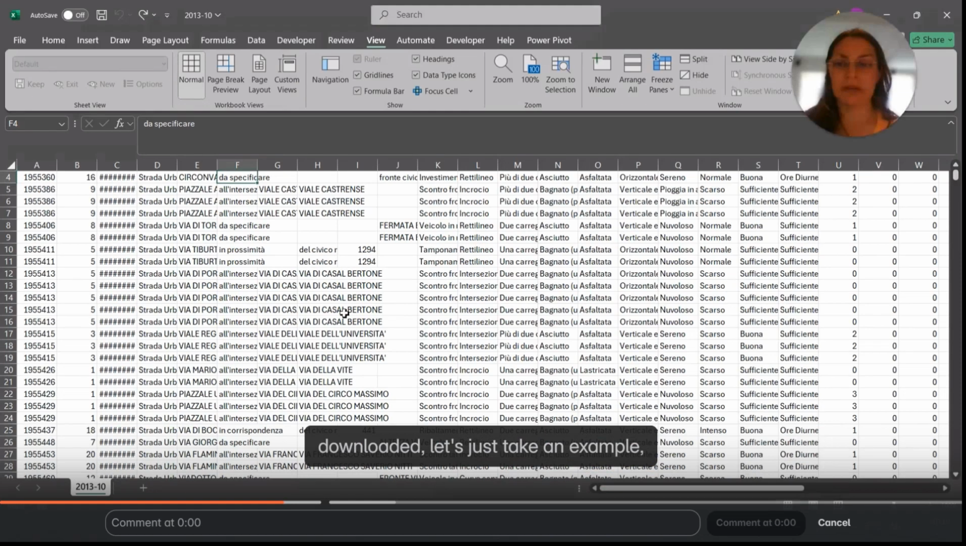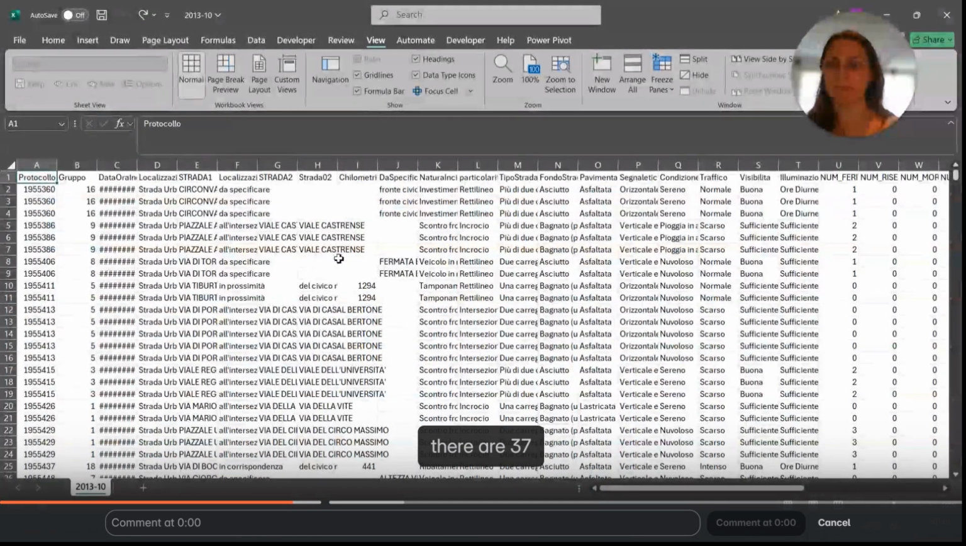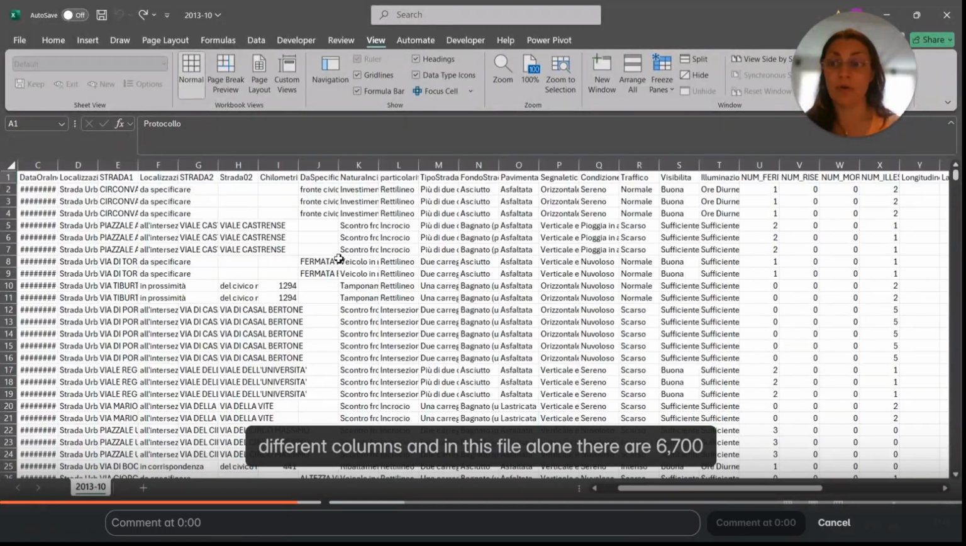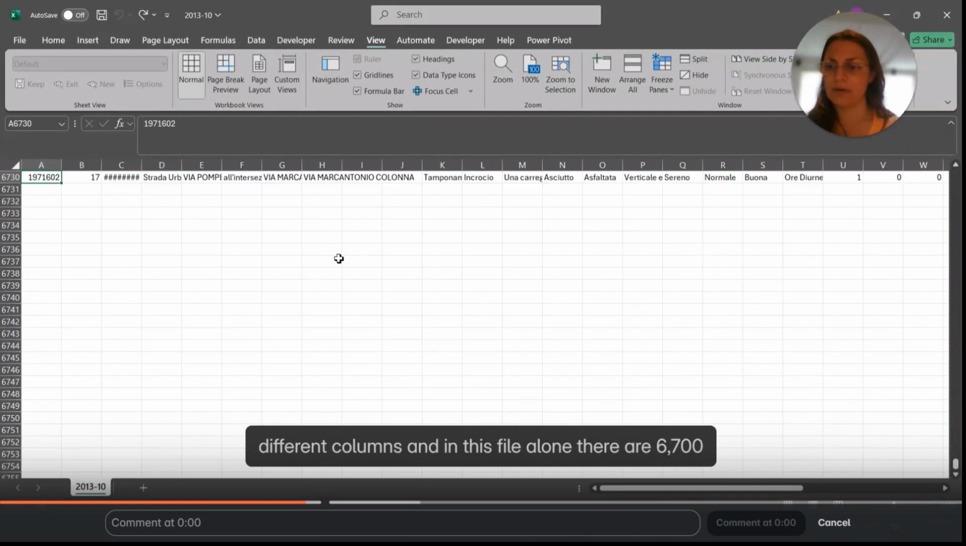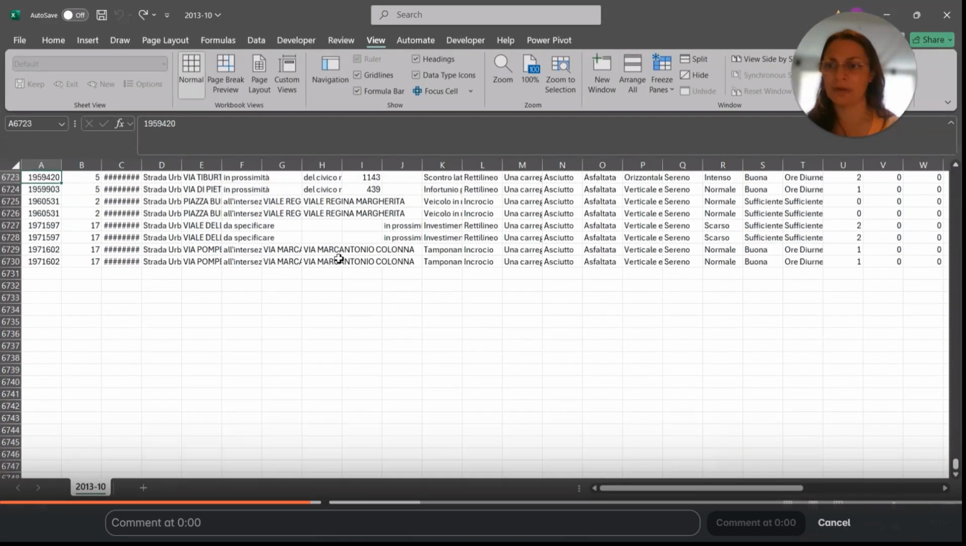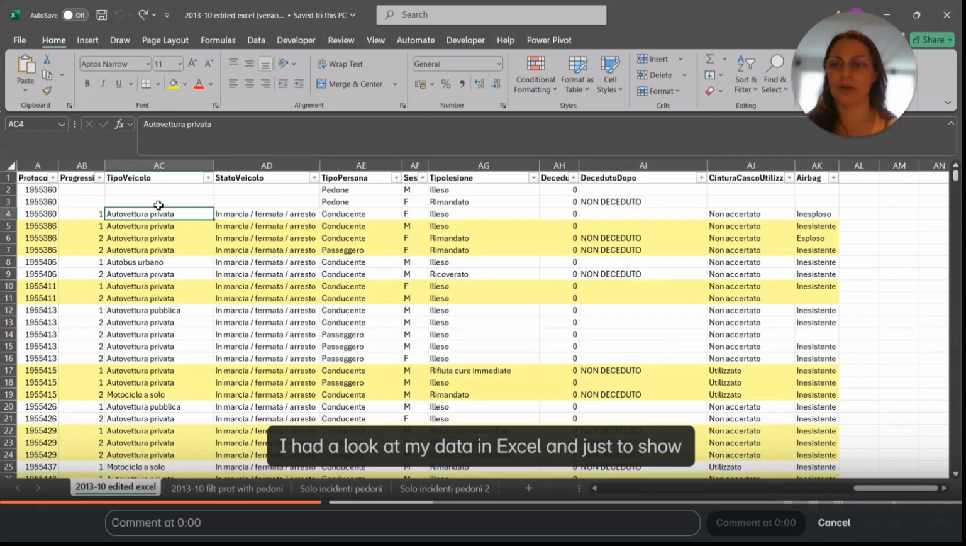The file downloaded, let's just take an example. There are 37 different columns, and in this file alone there are 6,700 pieces of data. I had a look at my data in Excel, and just to show you this one, which I've tidied up a little bit,